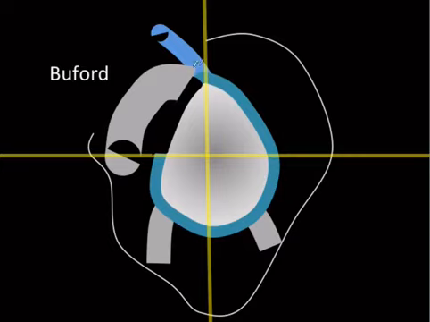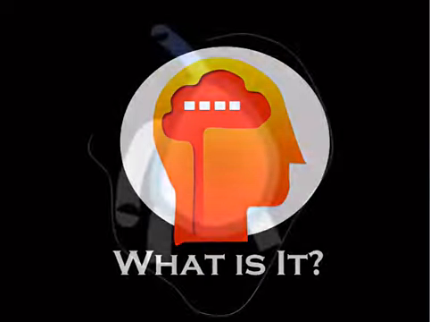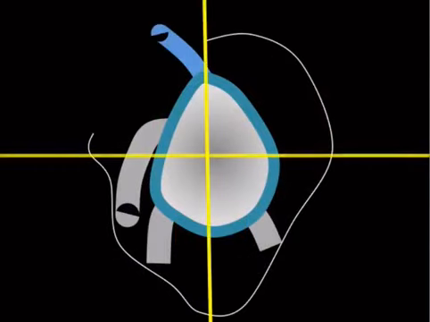The anterior superior labrum has the most variable blood supply, and as a result is A, the most prone for injury, and B, the most prone to sort of anatomical variation. So looking at this thing again,